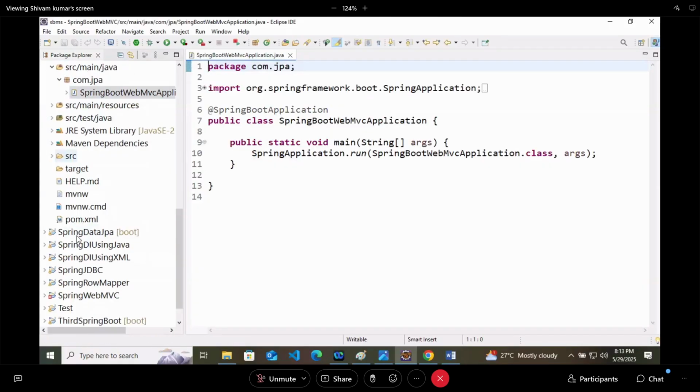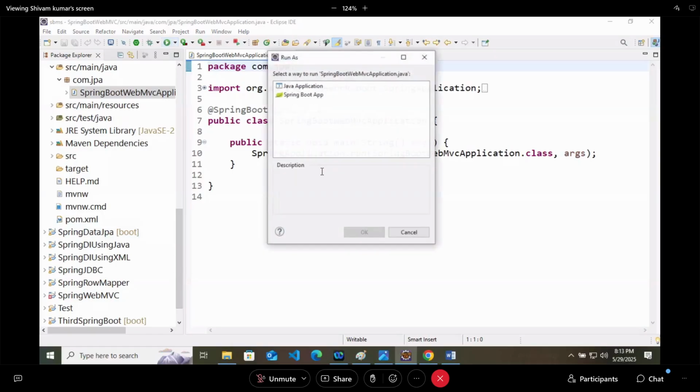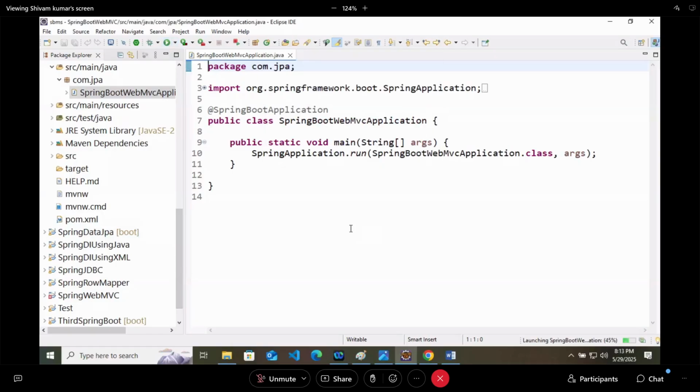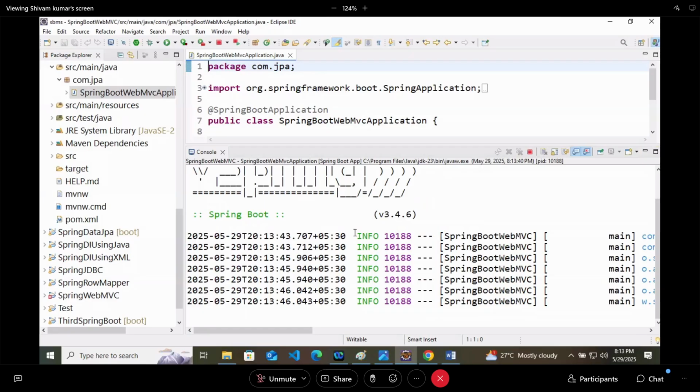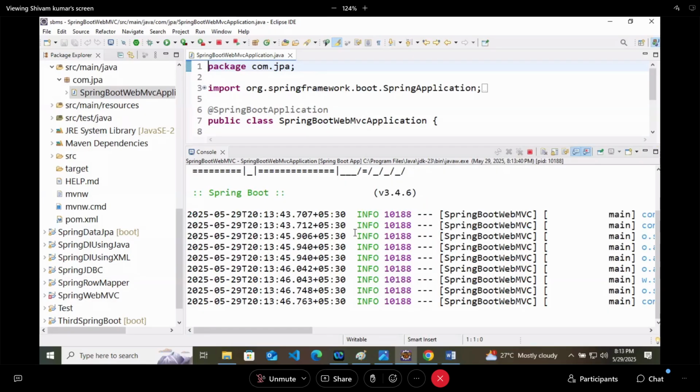Click OK, and it will start Tomcat on the default port, that is 8080.